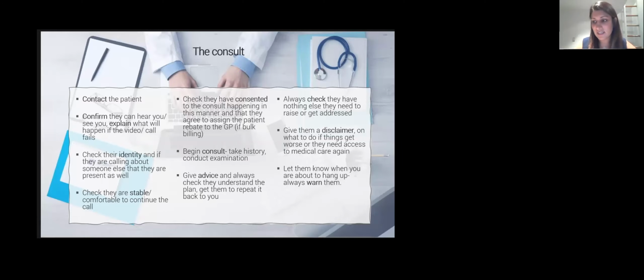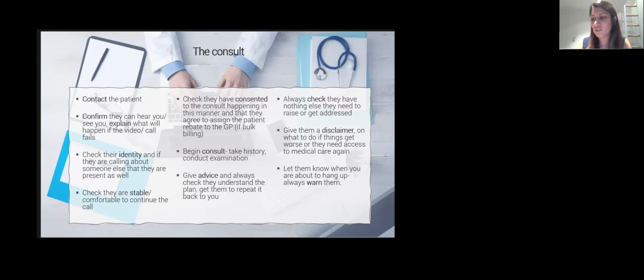Check their identity. It's kind of a given when they walk in the door that you know who they are, and even if they're a new patient, you think, yeah, they look like a 50-year-old male who might be called John Smith. But if you're on the phone, it's interesting. You can be a bit deceived and you think you're talking to somebody and you're not really even sure who they are. So always check their identity, usually using 3 points: their name, their date of birth, their address or their phone number, because you will need the phone number to call them if things don't work.